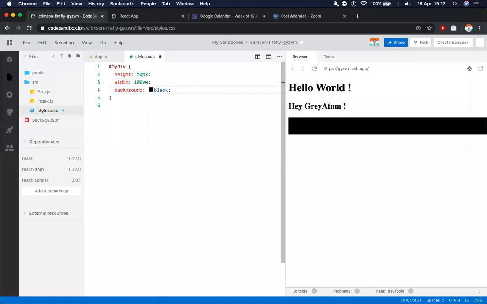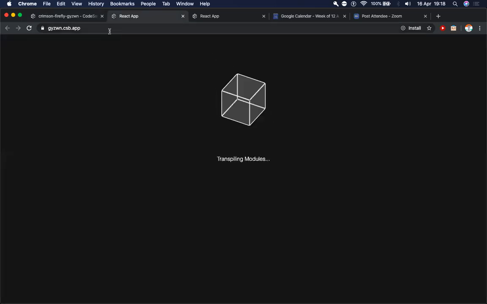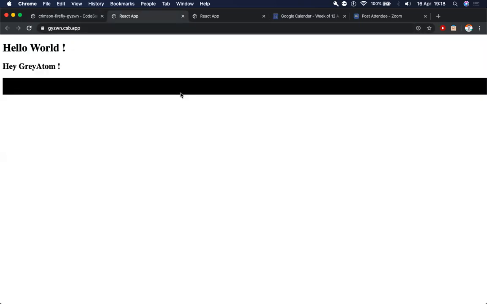And yes, so I just created this div right now, and using my CSS, we can see that a full width container has appeared here. So VW is viewport width, isn't it? Yes, it's viewport width. That's correct.